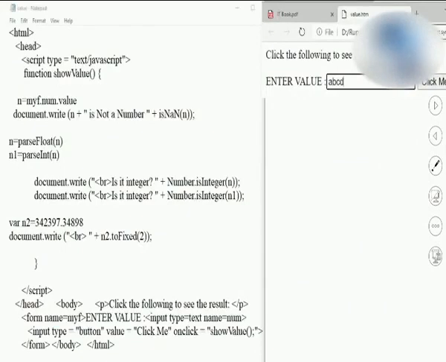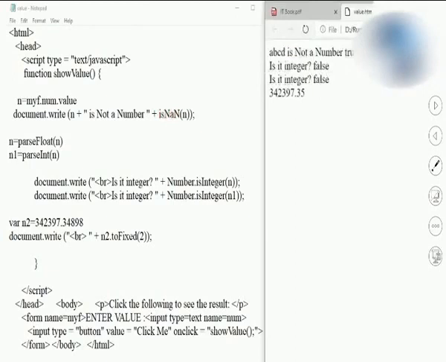Now here I have mentioned a function over here. One text box I have provided for the user. If the user enters something, for example here I have entered ABCD. So if I enter something instead of a number, what is going to happen? Whatever is ABCD will be provided over here, and it's asking the isNaN function over here. I have written, observe this one. So isNaN stands for: is it not a number? NaN means not a number. So it is asking me, is it a not a number or what? So ABCD is not a number. Yes, true, it's not a number. So it's saying like this.